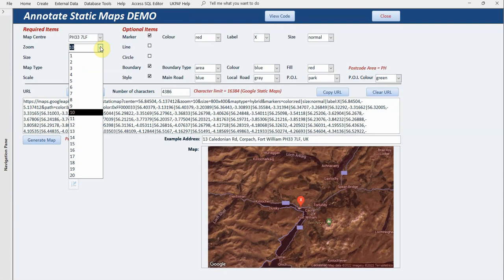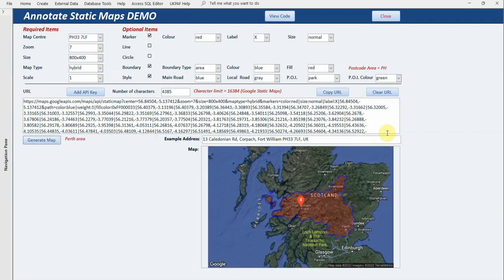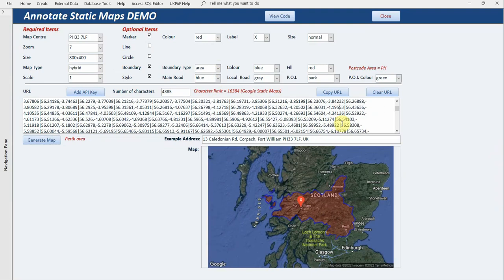Still too big. Every time I make any of these changes, it's downloading a new map. My limit is about 22,000 of these a month. So as long as I don't do 10 of these demonstrations every day for the next month, I'll be all right. Okay, so we've got our area here, 4,000 characters, and it's still well within the limit,